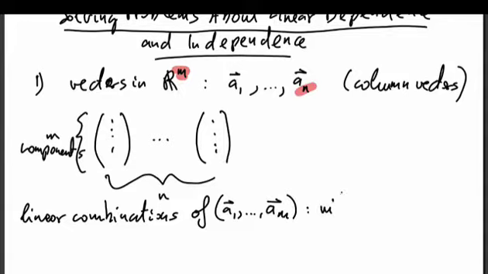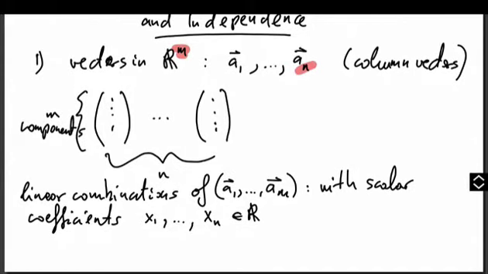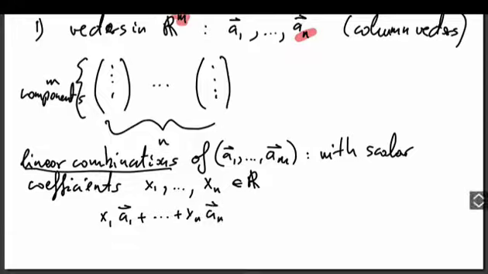This is with scalar coefficients. You can have many different notations for these scalar coefficients, but because we want to work with linear systems, it's convenient to use x1, xn. So these are scalars, these are real numbers. Linear combination means we multiply the vectors with scalars and then add them together. Very important,